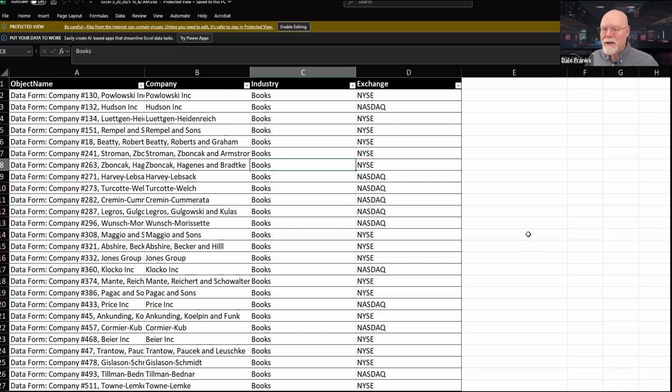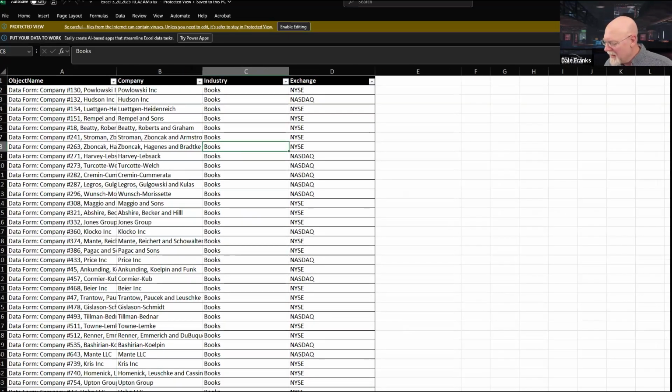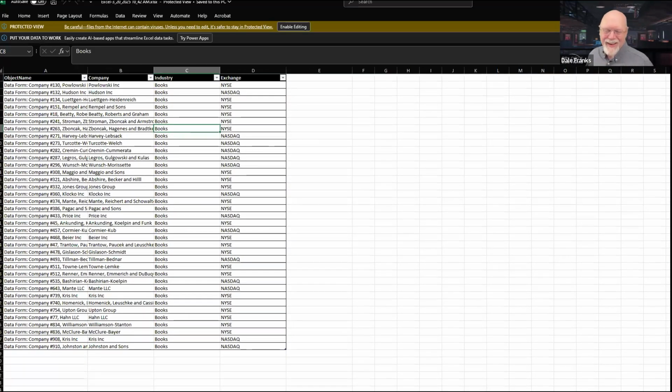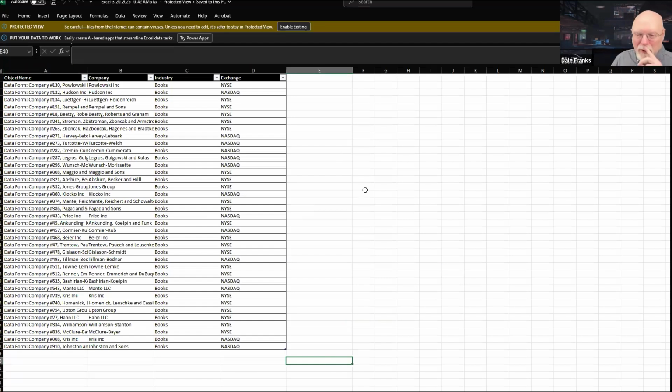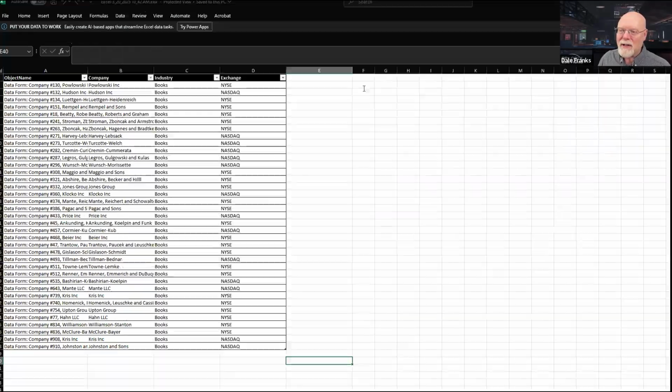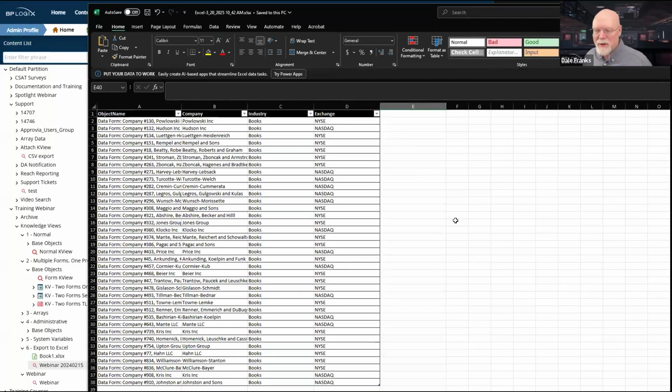Now, unlike a CSV file, I can, wow, that's really zoomed in. Let's go back to 100%. Okay, so here is my knowledge view that I've just exported with all of my booksellers. Although it's nice, it has borders, it has a little header. That's pretty cool, and it clearly is an Excel file. It tells me it's an Excel file and tells me, boy, you better not edit this or you might get viruses, but since I sent it to myself, I'm going to assume I'm okay.